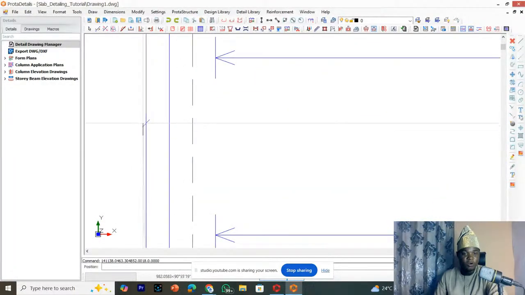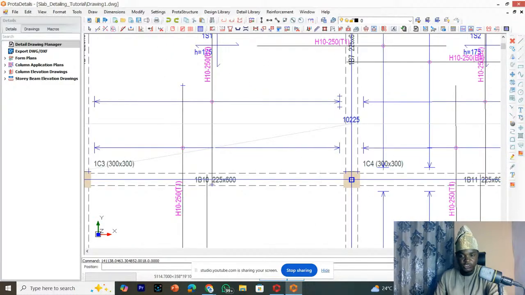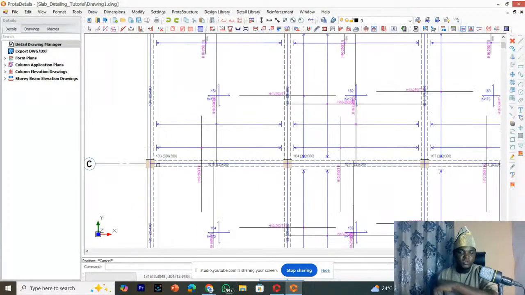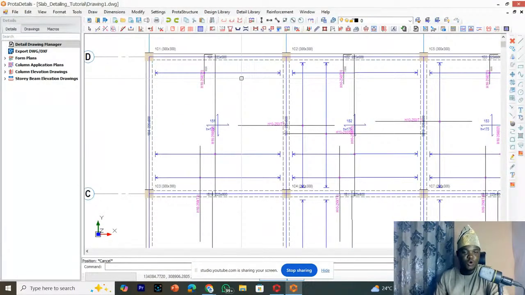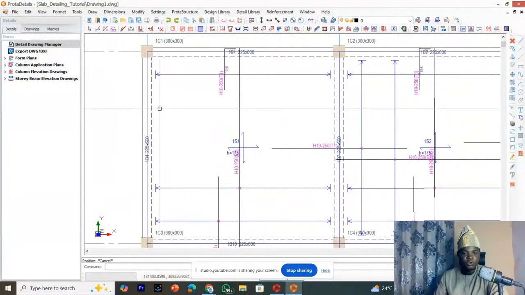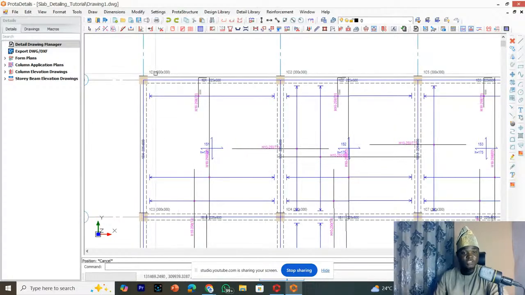But I know that my bar is not really going to start from this edge. I'm going to allow a cover of maybe 25. So that will be 10,200. Another thing is, in order for us to know if the return length of this bar is not going to be up to 11 meters, the return length is supposed to be 225 plus the extension. The extension from this beam, from our slab detailing, you can take as